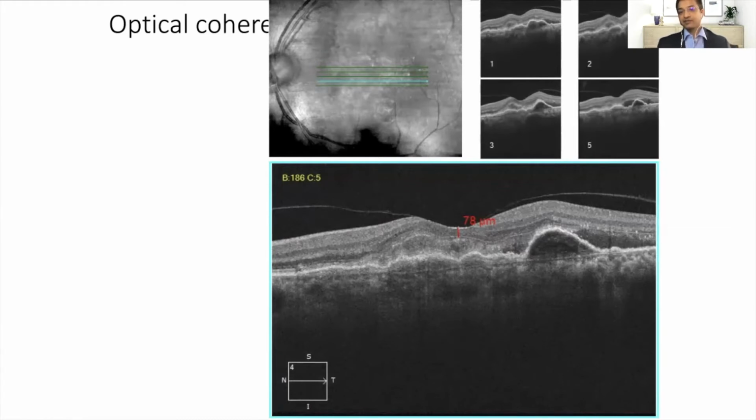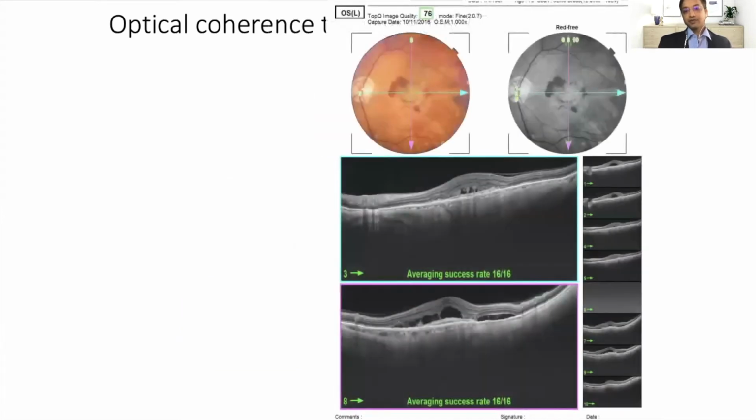Now, type 1 CNVMs are generally associated with macular degeneration or CSR, and you should know that these kind of CNVMs, whatever drugs you inject inside the eye, do not penetrate the RPE and have as much efficacy compared to those CNVMs which are above the RPE. So CNVMs above the RPE are likely to regress faster and have a better visual outcome if you treat them appropriately. What about type 2 CNVM?